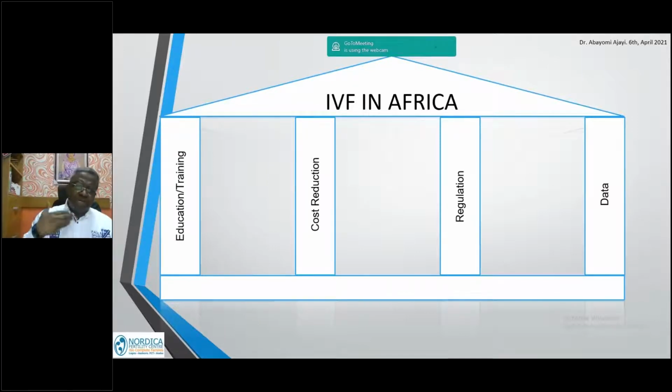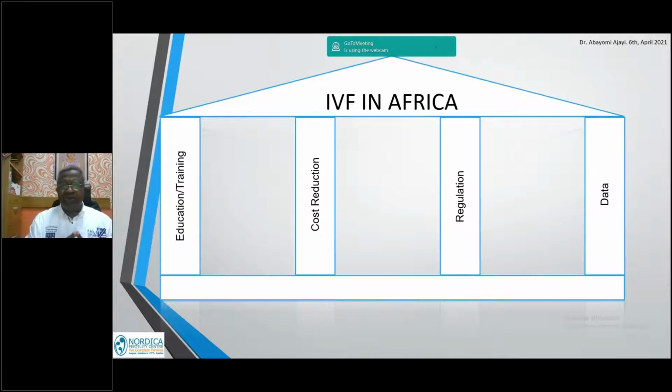And then we need to look at cost reduction. That is something that I'm sure the laboratory cost and the cost of drugs will come down the more that we can come together as Africa or as regional bodies and be able to take on some of these manufacturers, because now it's so difficult. Most of the time, what we're doing is going through the middlemen to get our products. And this, of course, we know what the effect will be on cost.